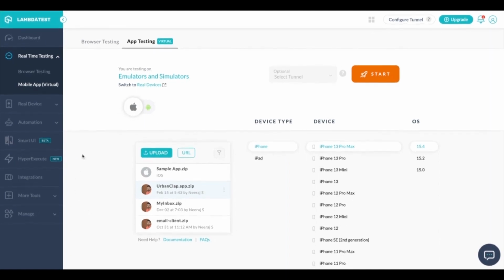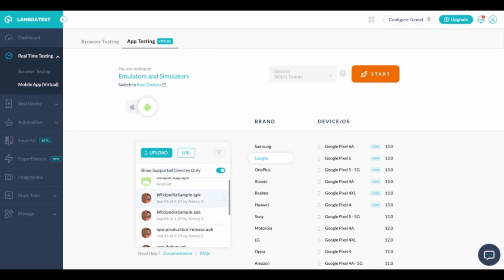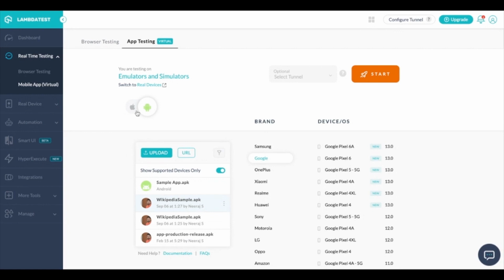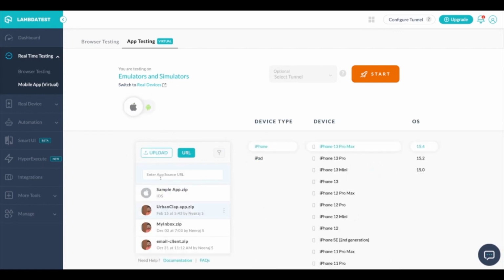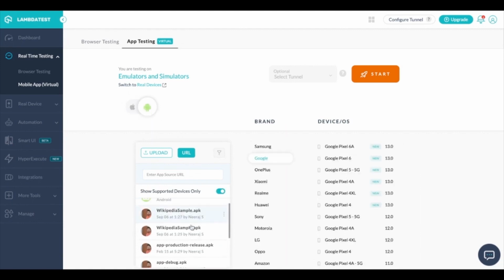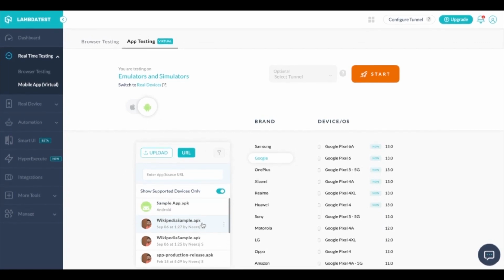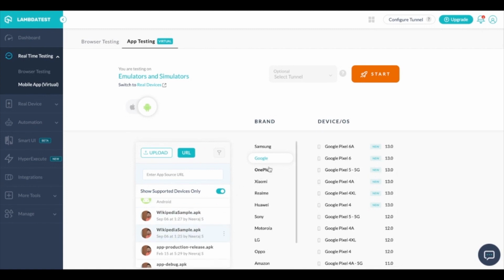How you can upload the file is simply click on this upload icon, which will open a native window on your local PC, and from there you can select your .zip or your APK file that will get uploaded and start reflecting under the apps. You can also upload the app by using a direct downloadable URL, and that app would also be represented just like these. Once you have the app uploaded and you want to start the testing, just simply select the APK or the IPA using which you want to start the test, select the device, and